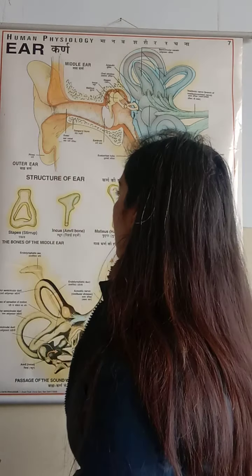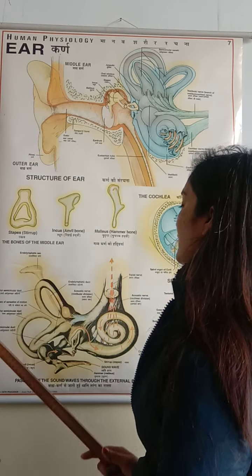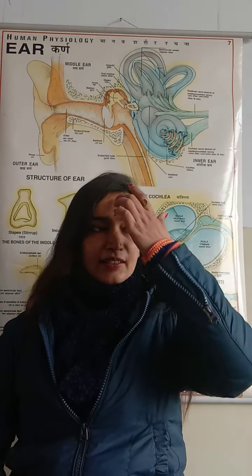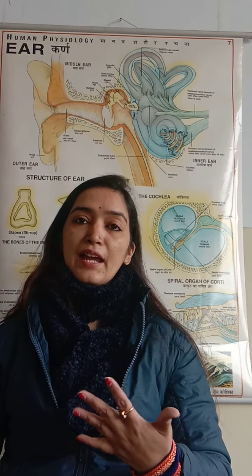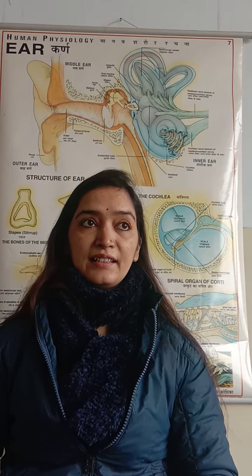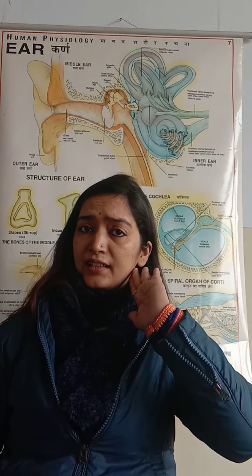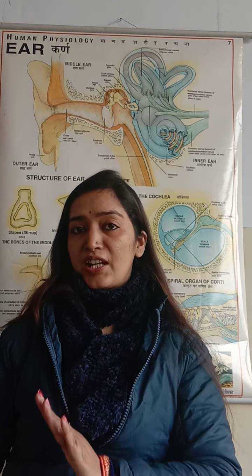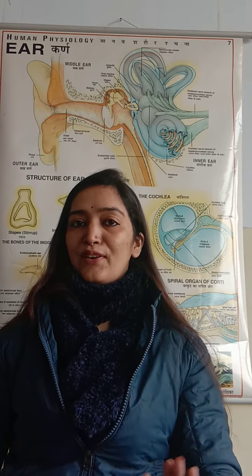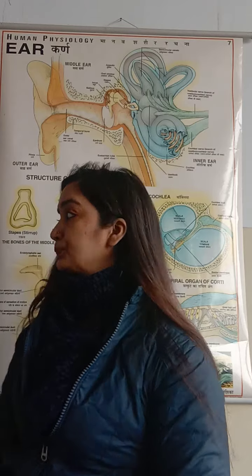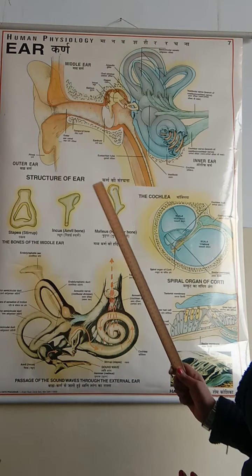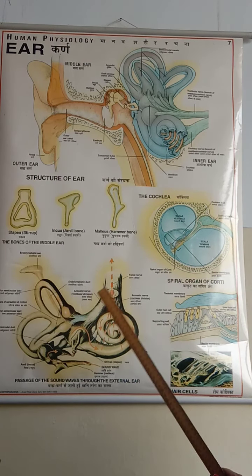And a more important thing is that you may have seen that little infants who have a severe cold remain crying for a long time. Why? Because ear pain occurs due to blockage of this Eustachian tube when infants have a cold. So this is all about the basic ear structure.